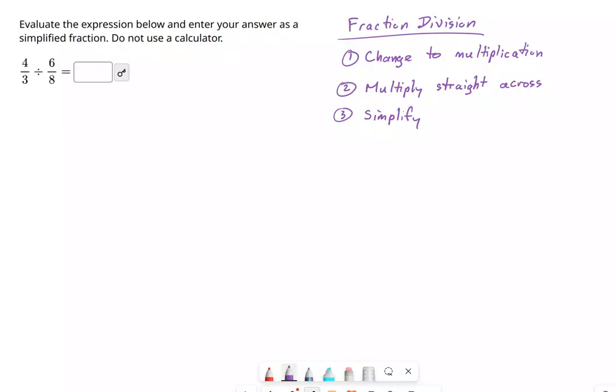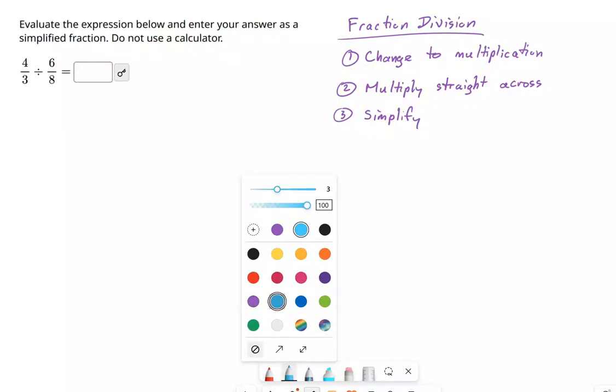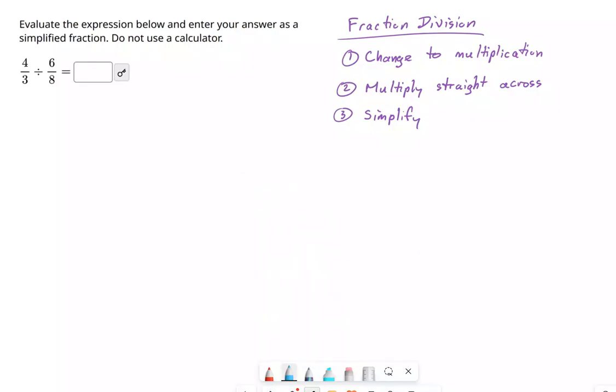And if you can do this without a calculator, right, if you know the procedure, that'll make you a lot faster at other types of math that we're getting into during high school. So it would be to your advantage. So I'm going to do this example right here of 4 divided by 3 divided by 6 divided by 8,